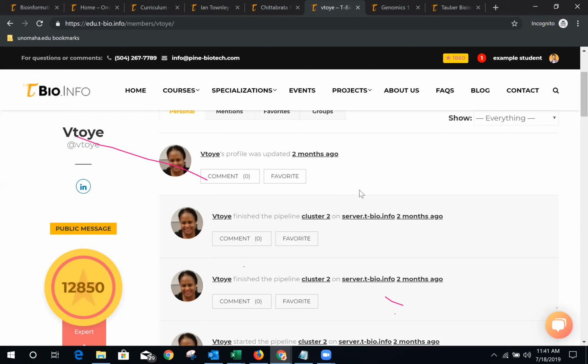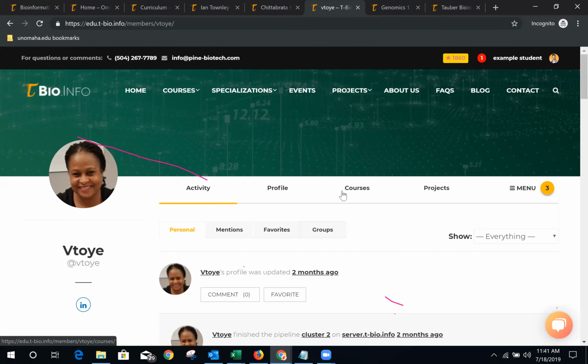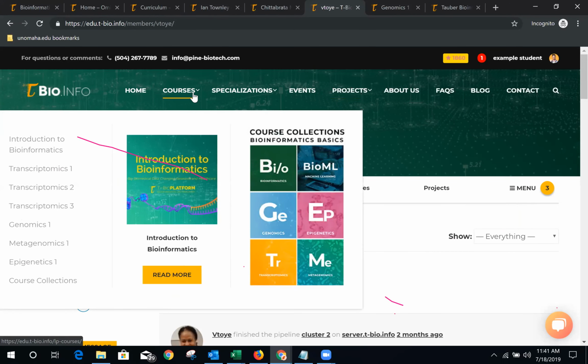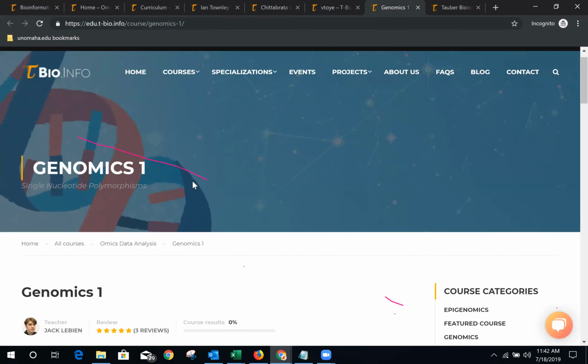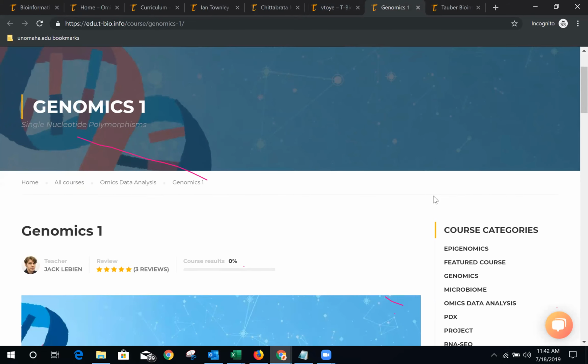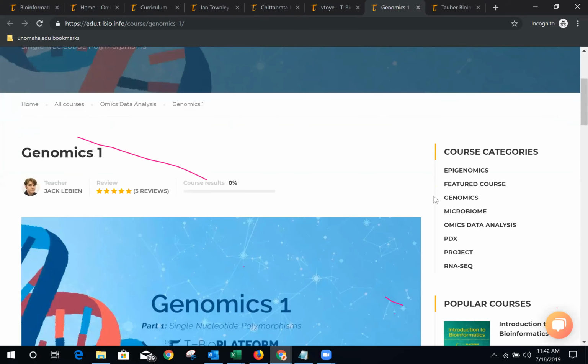Now, without wasting a lot of time, I would like to cover the last aspect. What are some special features that are involved whenever you take the courses? Let's say we are talking about genomics. Under the courses, there's an option that says Genomics 1. If you click on Genomics 1, you're going to see the outline of the course,